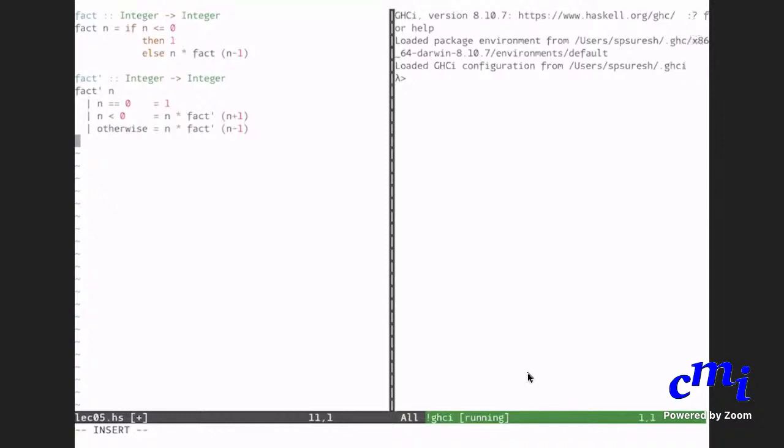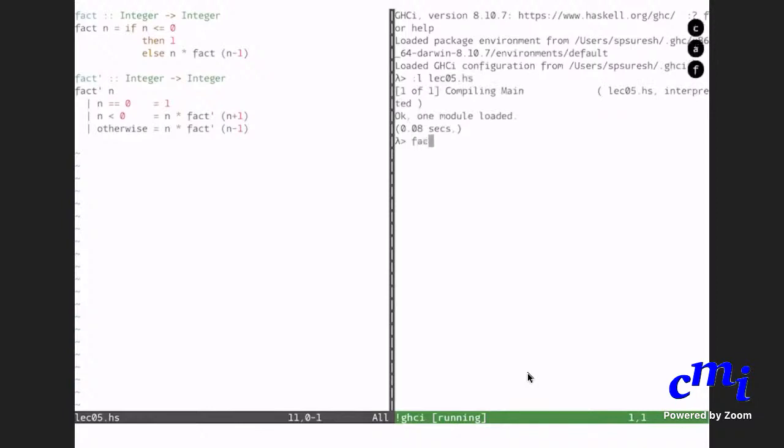Okay, so this is the code, and you can save this. The code compiles, and you can now run this.